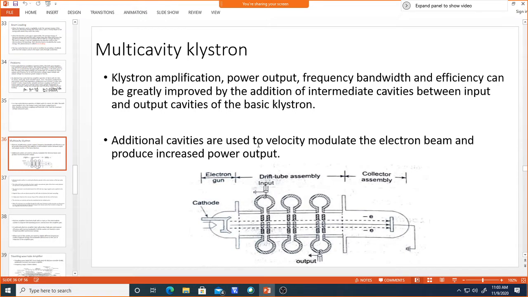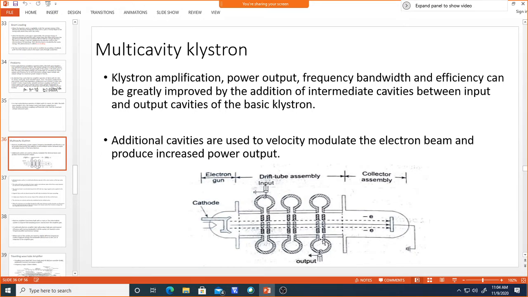So this klystron amplification will improve the amplification as well as the gain of the klystron. Here you can see the power output, even frequency bandwidth you can increase, and efficiency also you can increase. So here it is shown with three cavities. Even you can go up to 5 or 6, but practically it will go up to 5